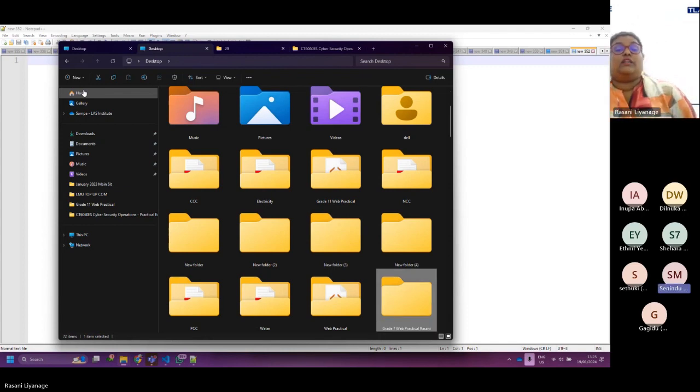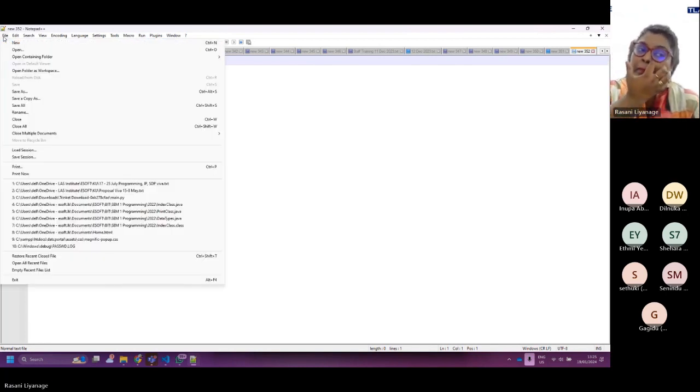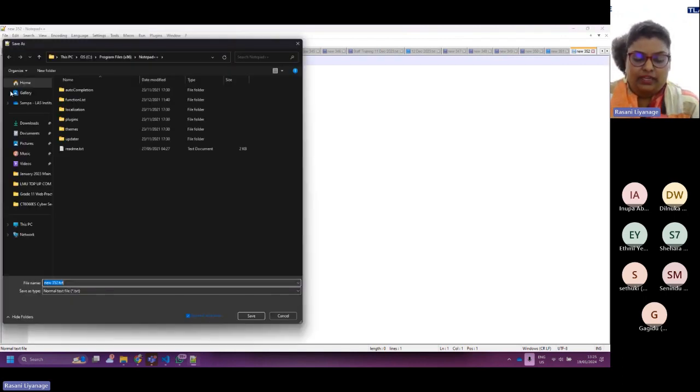Okay, madam. So now you have to save your HTML file in that folder. To do that, go to File once again, Save As. In Visual Studio Code too you can do the same. File, Save As.